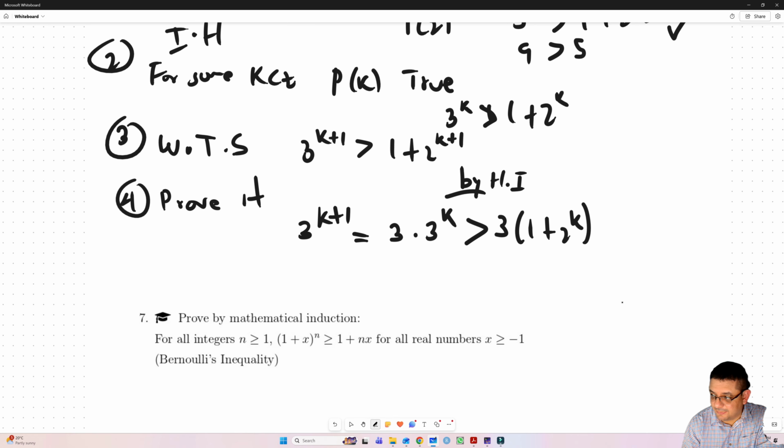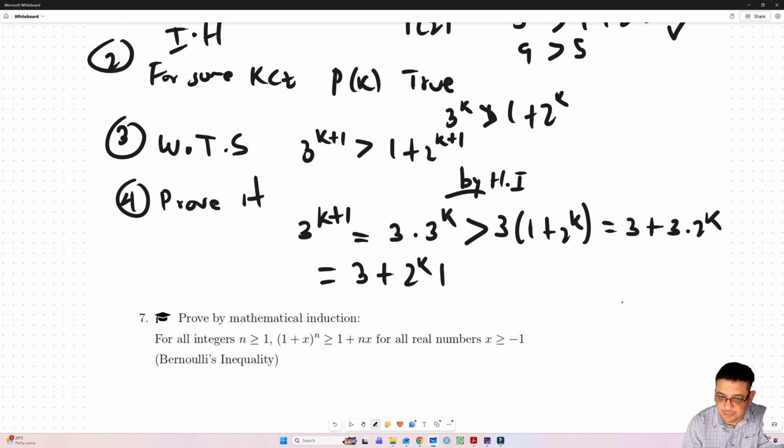Notice that this is essentially 3 plus 3 times 2 to the k. But we can just see this simply as 3 plus 2 to the k plus twice 2 to the k. 3 times 2 to the k can be split between 2 and 1, right? So now this is 2 to the k plus 1. So notice we're getting,